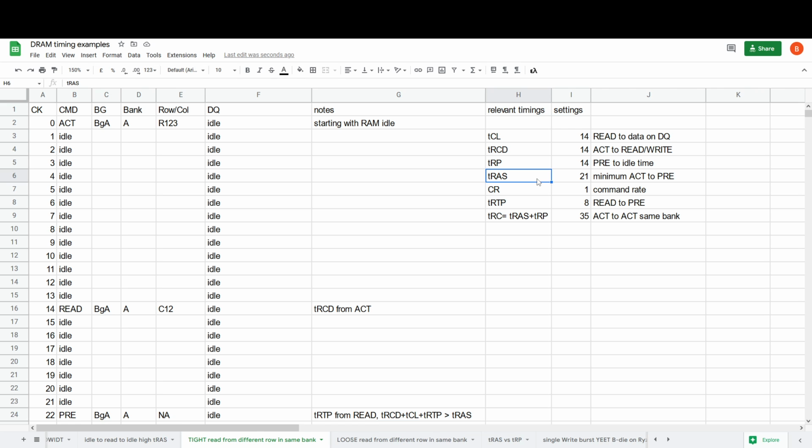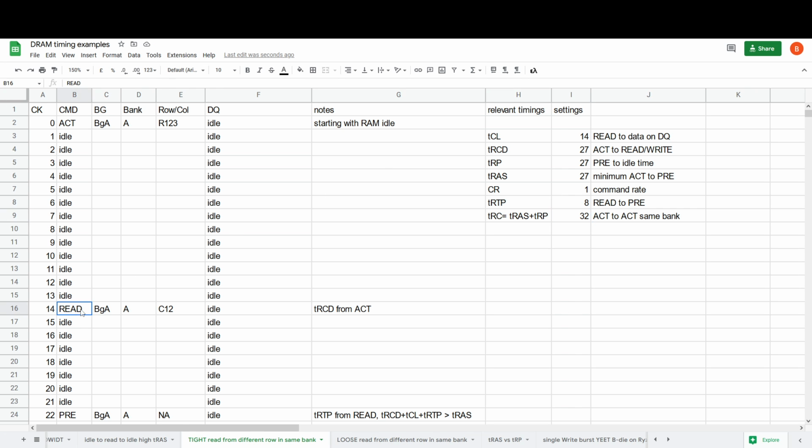I've been trying to figure out how to make this not a mess, but it just is a mess as far as I'm concerned. Because if your tRAS is low enough, then tRAS isn't relevant. If your tRTP is too low, it's no longer relevant. If your tRC is too low, it also can be not relevant. For example, if you're on a Ryzen CPU, what you can do is something like this. And suddenly, the fact that most memory chips cannot do a tRC of 32 is no longer relevant,